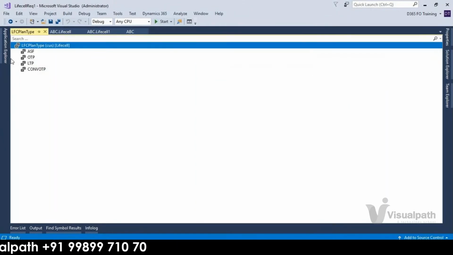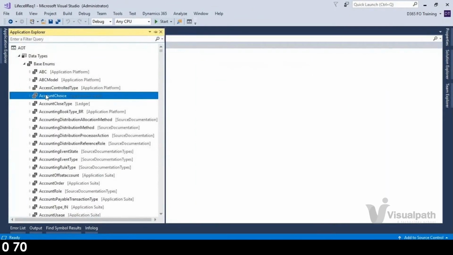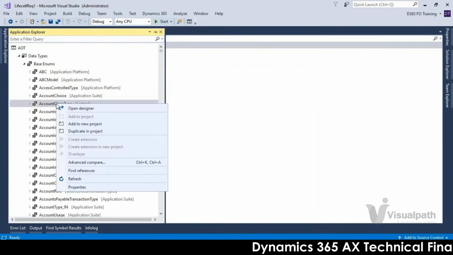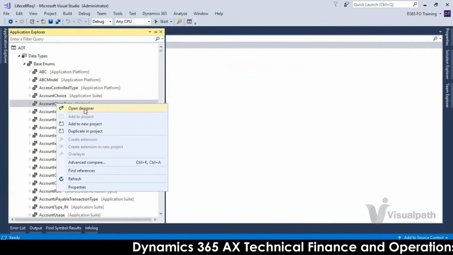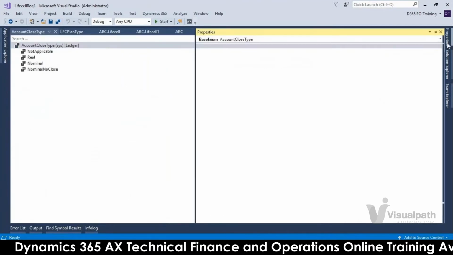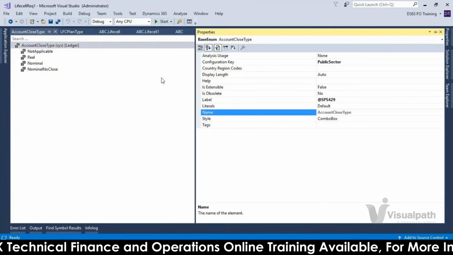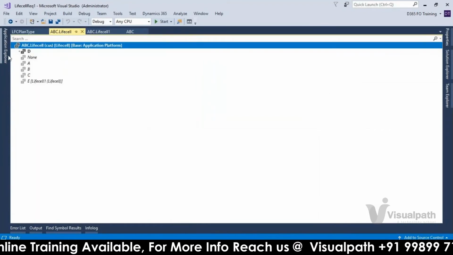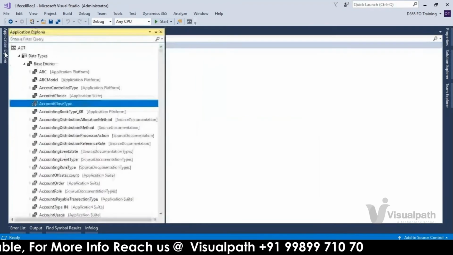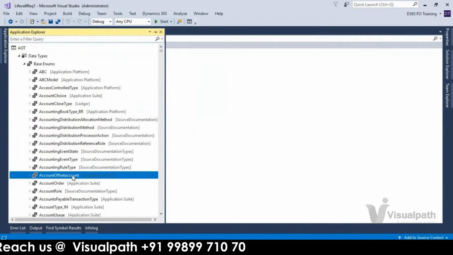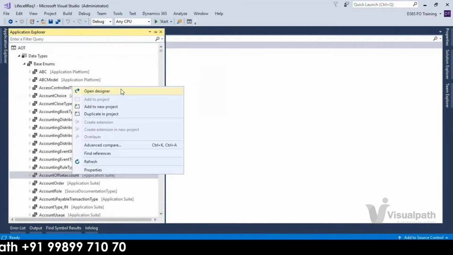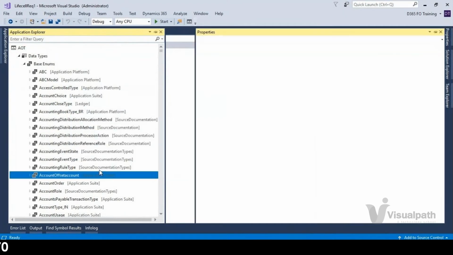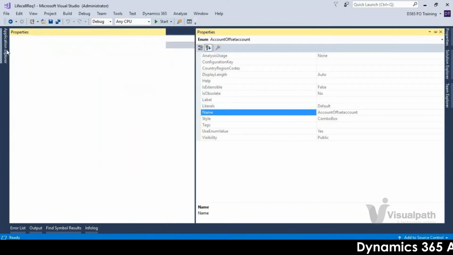For example, here I have this, the application platform, right? This is closing type. Do we have the property extensible for this one? No. Let me take one of the ABC we have already taken, but this is from the application platform. So let me take from application suite. This is also false.